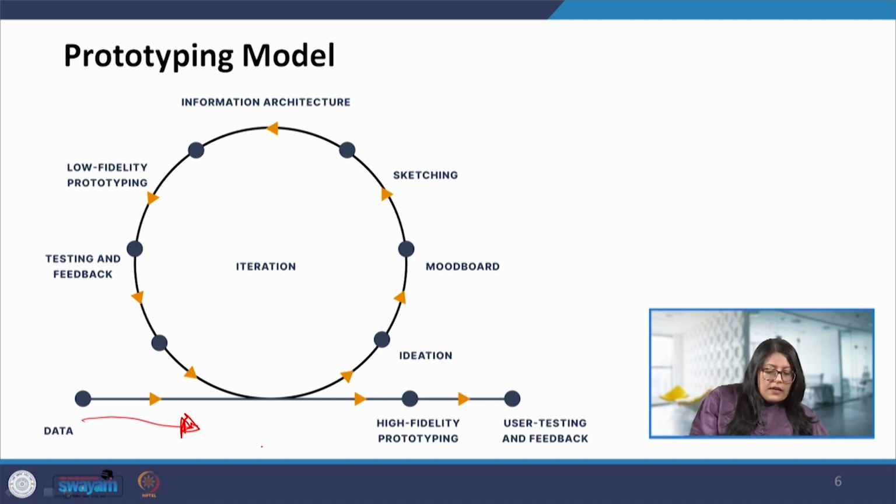Once we take the data, then we go into the ideation stage, which I mentioned was the brainstorming stage, and then from there we go to the mood board stage, where we will collect inspiration for our work. Then we will start putting it into the form of sketches, and then we will design the information architecture. From there we go to the low fidelity prototyping, paper modeling, or cardboard, or something simple, and then testing with